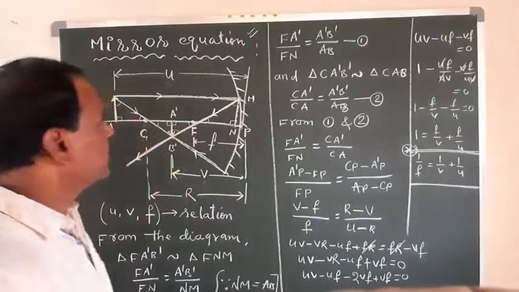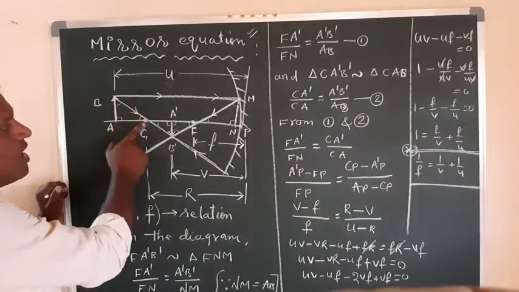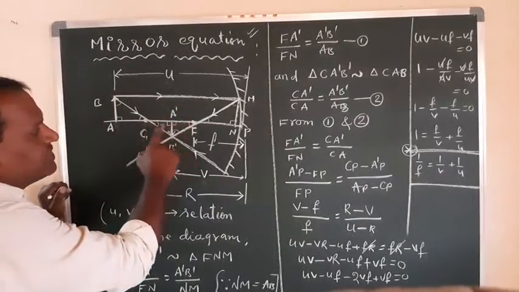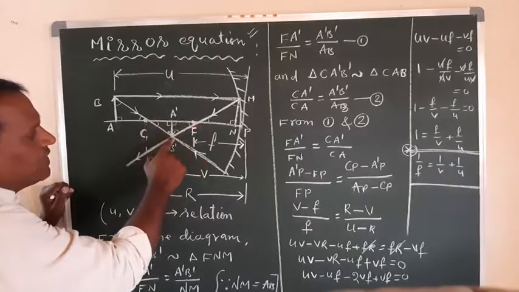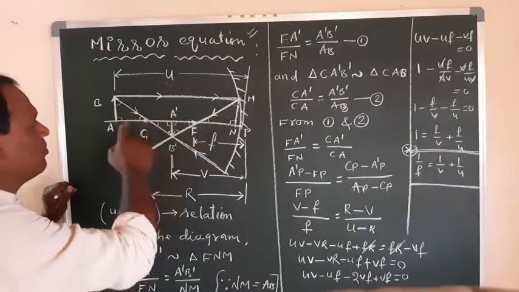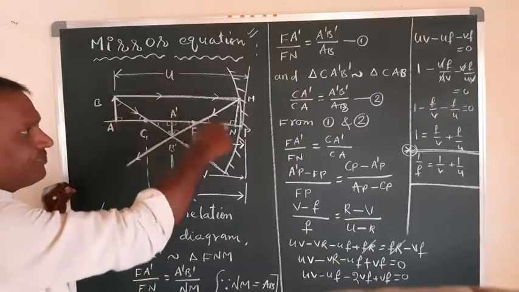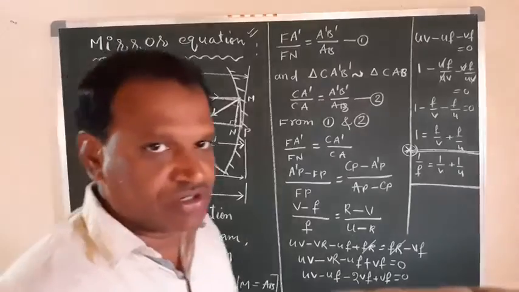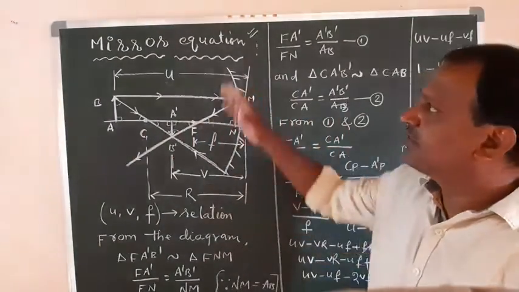Okay, so this is a ray diagram you have to remember. The object you have to take here, after the center of curvature. For this object, the image will be formed between C and F, the center of curvature and focus. I'll give you the information about where the image will be formed. The nature of the image for a concave mirror and convex mirror depends upon the object location and position. I'll give you that information afterwards, but as of now I'm giving the mirror equation.